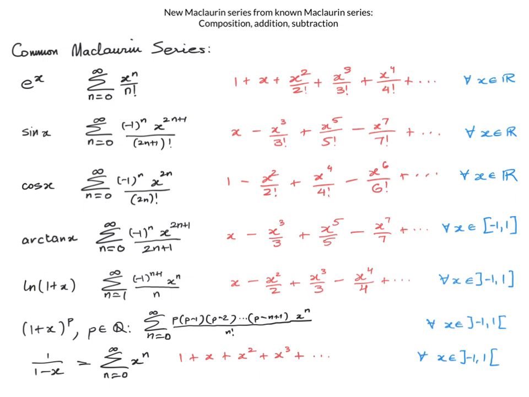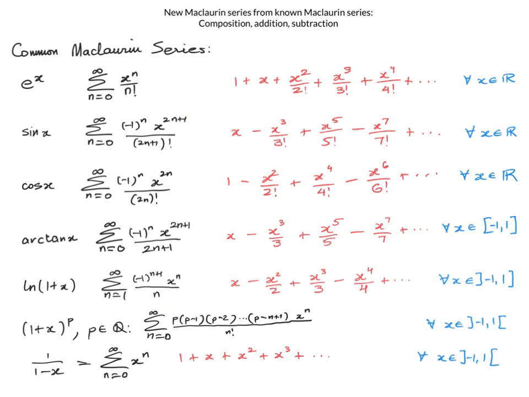The natural log of 1 plus x is the sum as n goes from 1 to infinity of negative 1 to the n plus 1 times x to the n over n. Notice this one starts at n equals 1 and goes up. It doesn't start at n equals 0. Also, when n equals 1, you get negative 1 to the 1 plus 1, in other words, negative 1 squared. So this first term is going to be positive again, and then x to the n over n. Again, not a factorial in the denominator. So x minus x squared over 2 plus x cubed over 3 minus x to the fourth over 4, etc. This is not odds and evens, it's just all the terms, except it doesn't have an n equals 0 term. So no constant in the front. And it converges for all x between negative 1 and 1, not including the negative 1, but including the